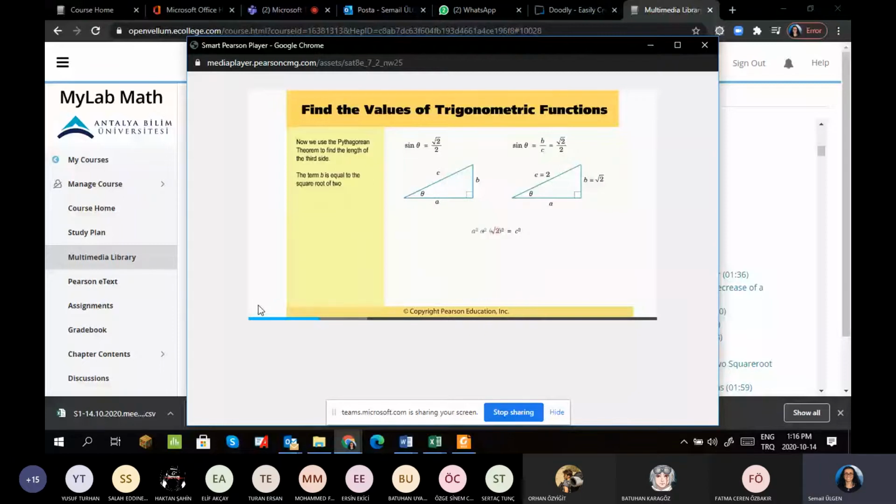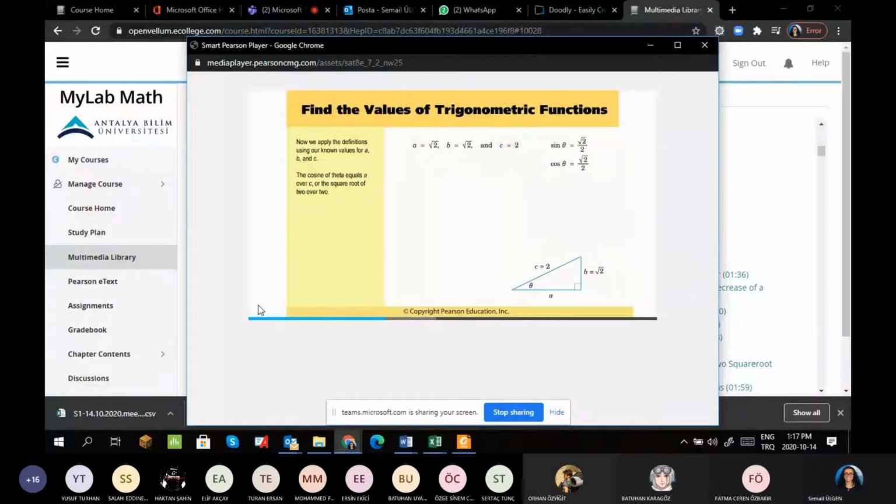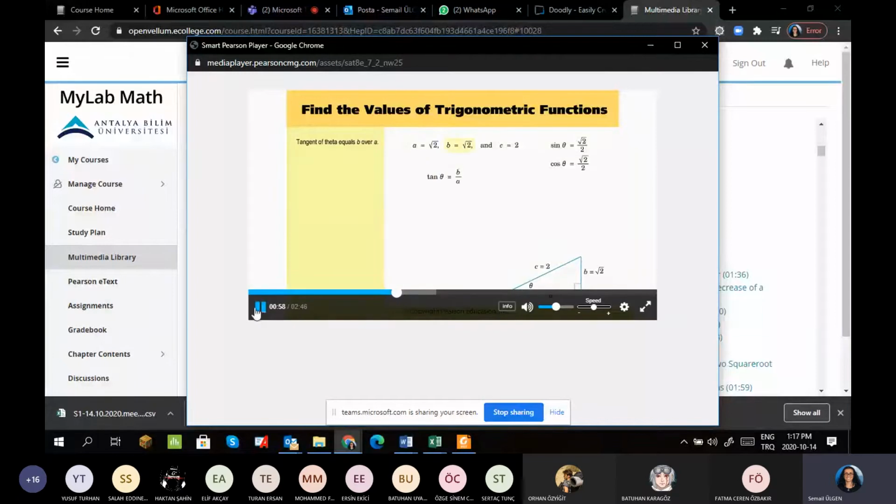The term b is equal to the square root of 2, and c is equal to 2. Simplifying and solving for a gives a equals the square root of 2. Now we apply the definitions using our known values for a, b, and c. The cosine of theta equals a over c, or the square root of 2 over 2. Tangent of theta equals b over